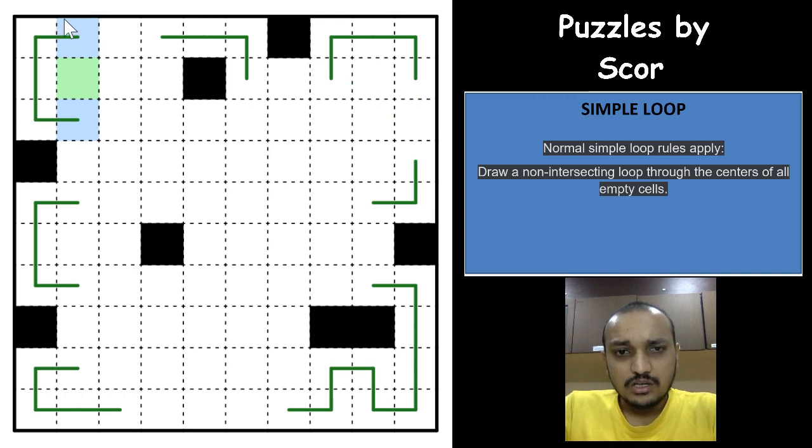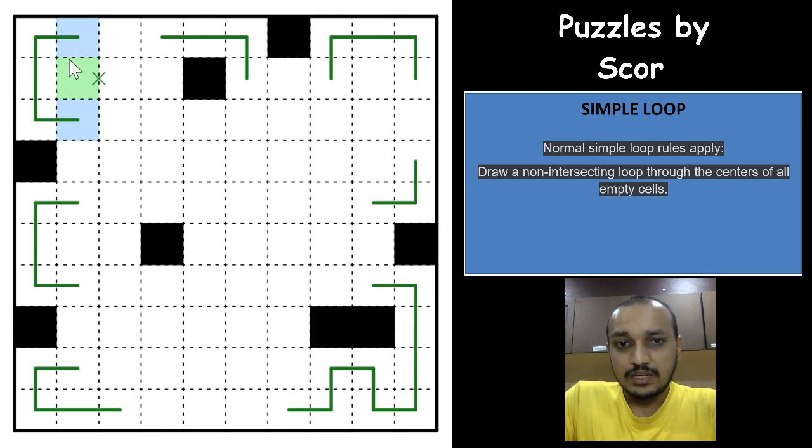Now if you see here, these endpoints are quite far. There is a 1 cell gap between these 2 endpoints, and of course the probability of these two mating is a bit higher than when they were near to each other, right? Now if we mark a cross here, meaning there is no loop segment between these 2 cells, this cell needs to have a loop segment, because all of these cells will have to be used by the loop, and there is already a cross here, which means that every cell